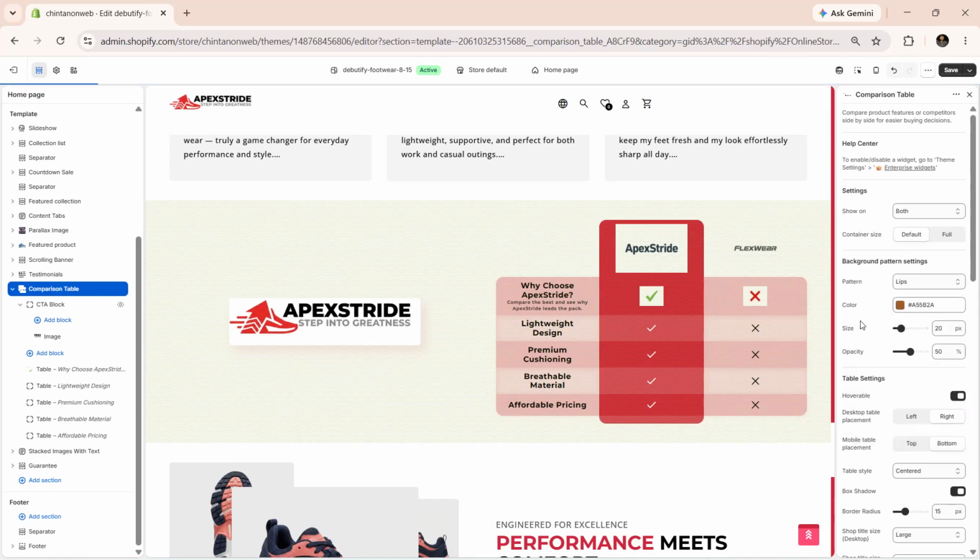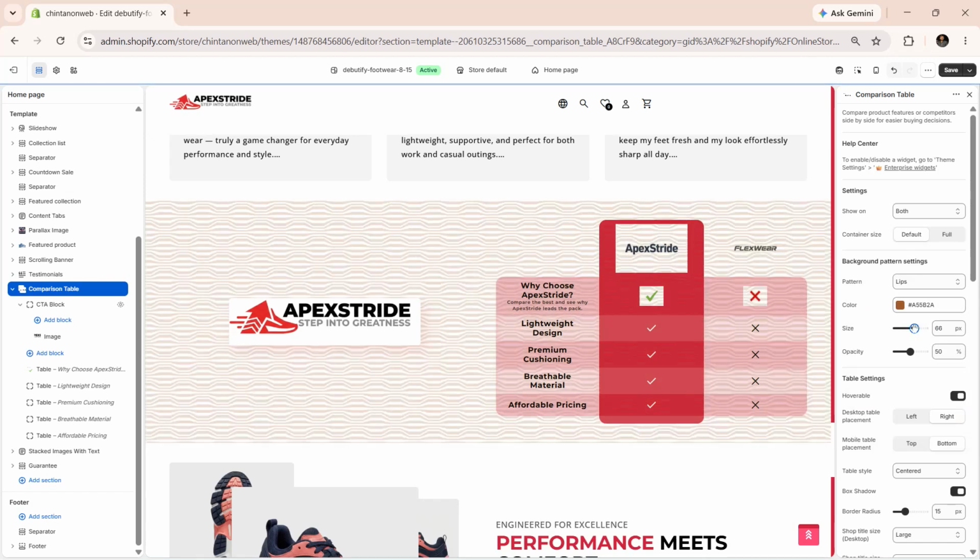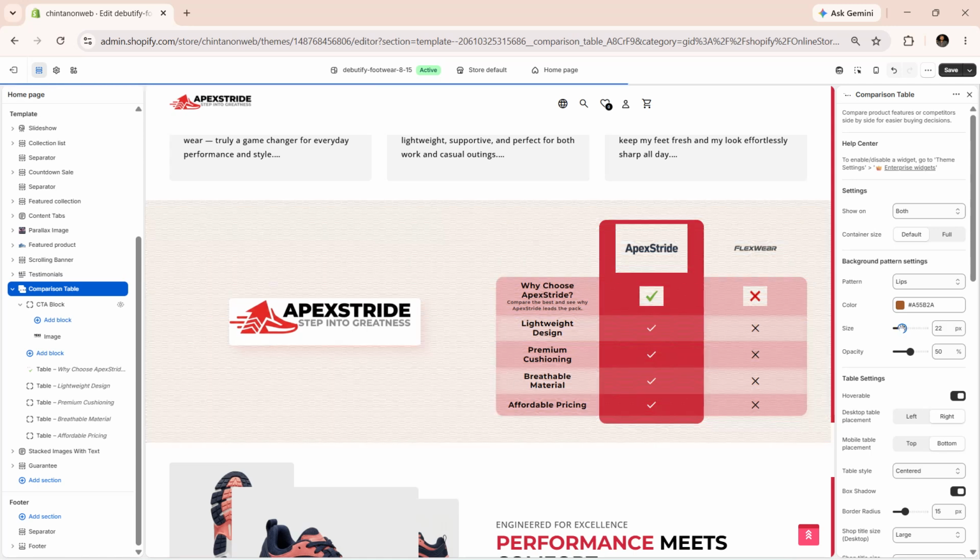Adjust the size to control how large or small the pattern appears. You can set a value between 4 pixels and 100 pixels, allowing for anything from fine, subtle textures to bold, eye-catching visuals. You can also fine-tune the opacity, with values ranging from 1% to 100% to control the transparency of